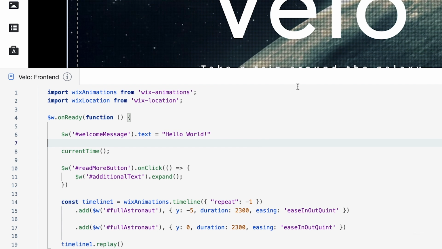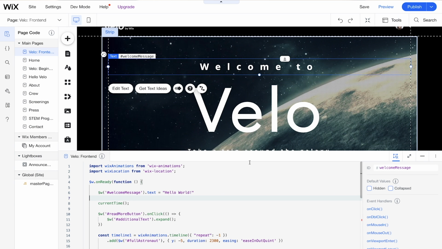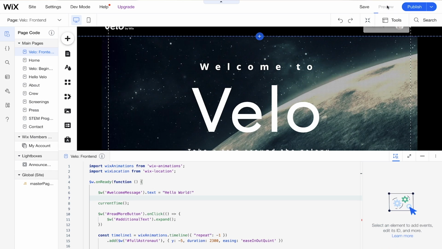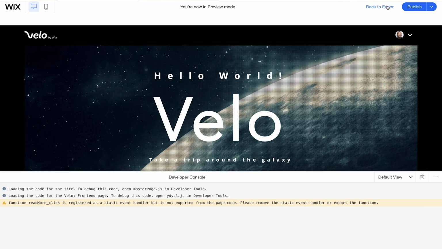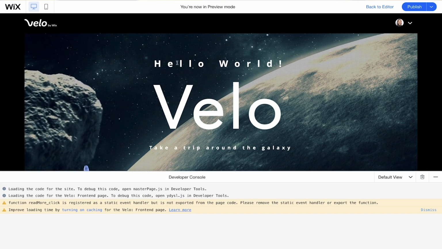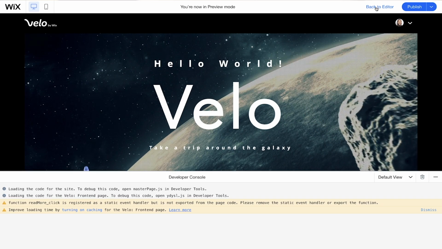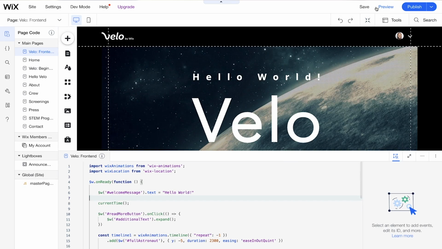Awesome. So when we go to preview mode, we should see a change in this welcome message, and it won't say "welcome to", it'll just say hello world. So, preview, and we get a change of hello world. The reason we get this change already is because we have it inside of our onReady function, which we're going to talk about more in depth in the next lesson. Basically, this code is already loading what we have changed in the functions before we get to the page.